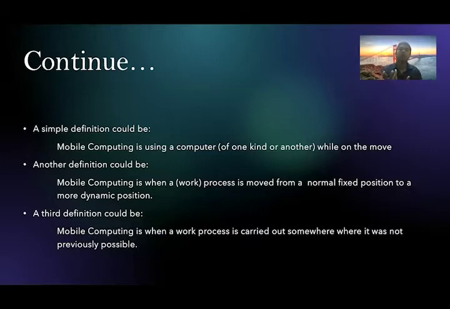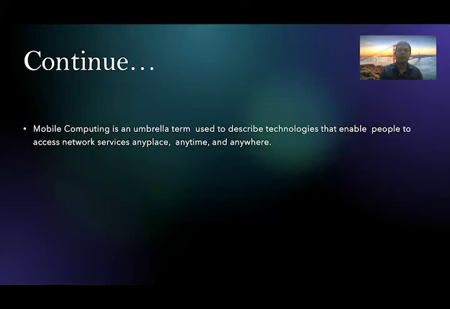The first one is a computer, which we can bring from one destination to others. The second one is a work process. And the third one is also a work process, but you can carry it out from somewhere to another destination. And the last one is mobile computing such as an umbrella. It means that you can bring it anywhere. That's why in mobile computing